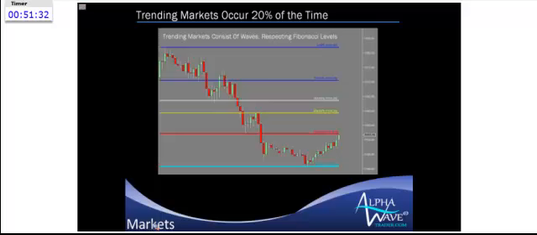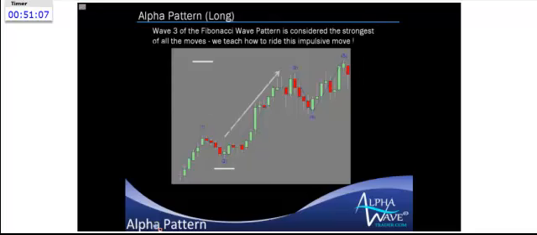So, again, if you're trading oil or DAX or pound yen, trading markets occur more than 20% of the time, unless it's oil in the last few months. Most instruments, it occurs only 20% of the time. And why does it occur more often? Because oil and DAX are very low liquidity instruments, and therefore have very, very sharp moves.